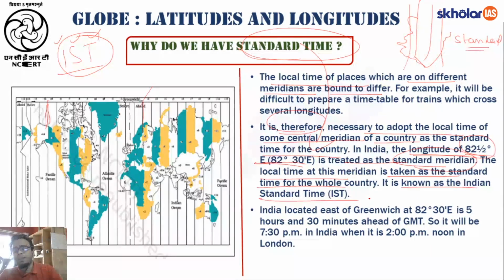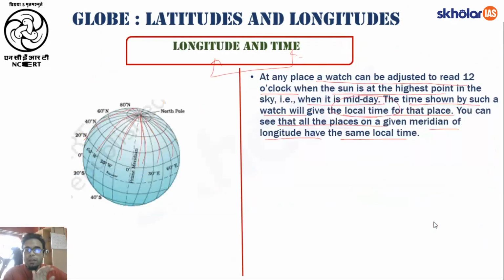Similarly, in other countries through which different longitudes pass, to make it easier for the governance of the country, we have to consider a standard time considering one particular longitude. And India has considered 82.5 degrees to be the standard meridian. So India is located at 82.5 degrees east of Greenwich, which is around 5.5 hours ahead of the GMT. For an example, if you look into this diagram here,